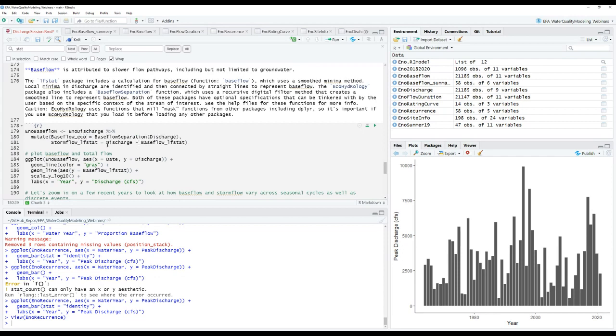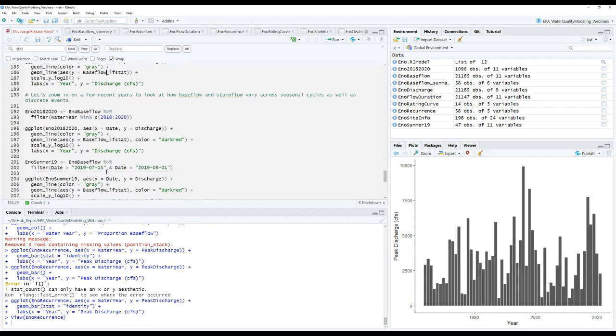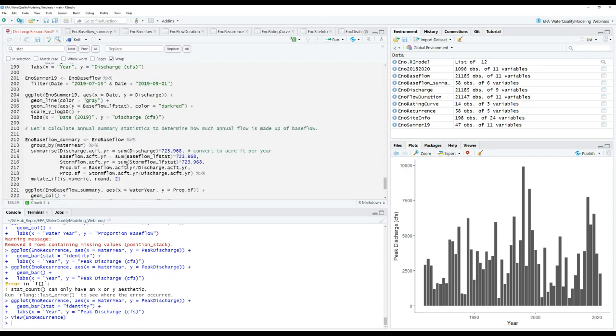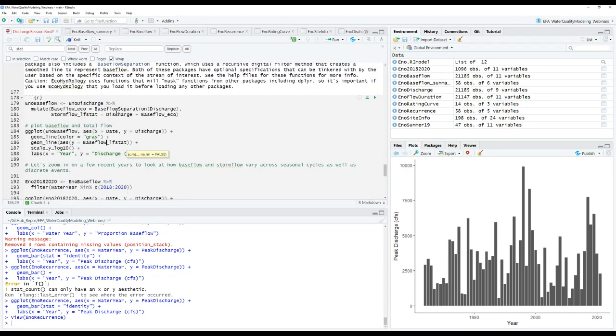Then this should be the same since we're just using columns that already exist in our data frame. Again, you'd need to follow through if you've renamed it baseflow eco, go into baseflow stat. But basically, wherever you use the function baseflow, you would just substitute in baseflow separation. And then as long as you don't rename things or you at least trace them through, you shouldn't have to change really anything else within this line of code, and I'm just verifying that here. Yes, because the rest of this is just working off of this initial calculation of baseflow separation. So again, if you renamed everything, instead of this underscore LF-stat, you could call it underscore eco or something like that.